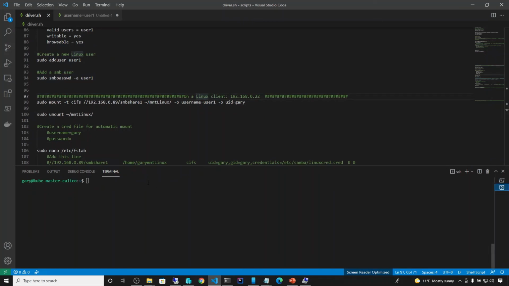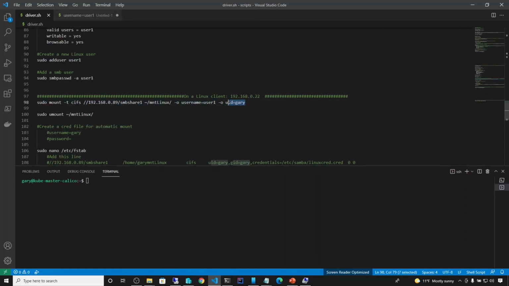And I have a different machine now. I've switched to a different machine. So this will act as the client to the server that we just created the share on. So on line 98, this is exactly the same command that we use to load a Windows share. This is very, very similar to that. Same, different location, this different server, and SMB share 1. And then this is the location that we are loading onto. And then the user that we will be passing the credential for,